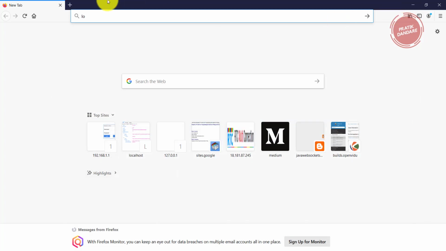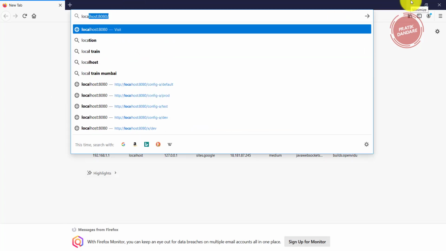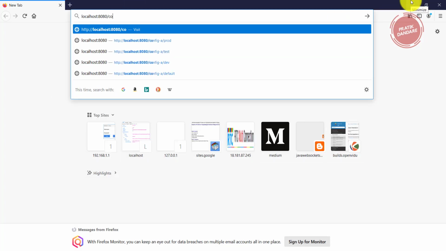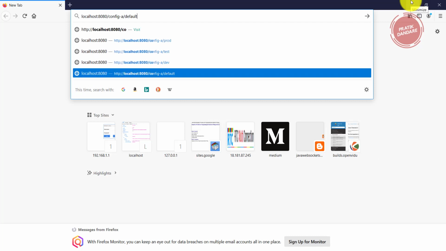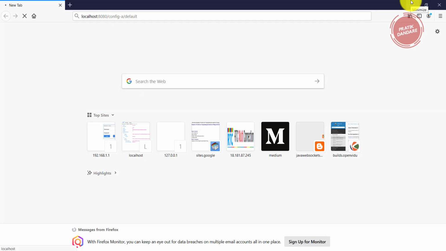So I am going to put localhost and the project name, which is config-a, and the environment I'm going to hit is default. So yeah, let's wait. My internet connection is not good, that's why it takes time, but in your system it doesn't take that much time, I guess.